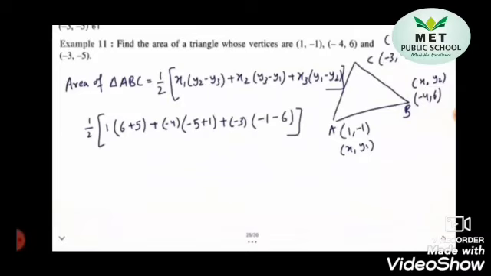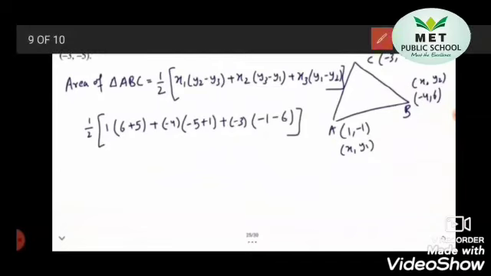After writing all this, the first step in the problem is to write the formula. I have told you the trick for remembering the formula easily, so write that formula. After writing the formula, you know all the values of x1, y1, x2, y2 and x3, y3, so put all those values in the given formula. Wherever x1 is there, you substitute the value of x1. After all the values are put in, you need to do the calculation.